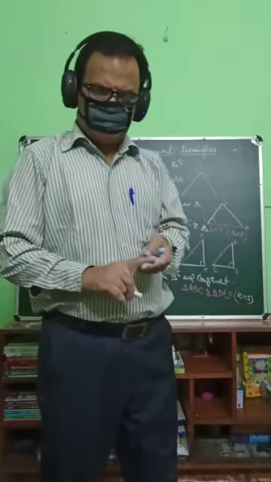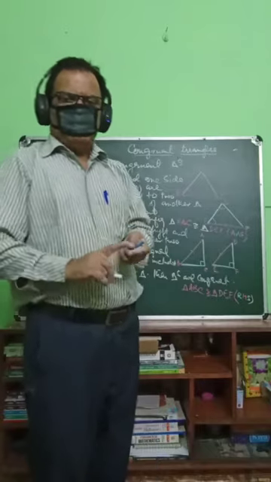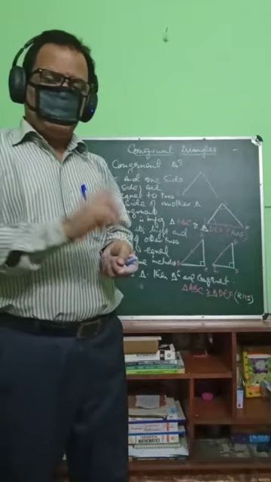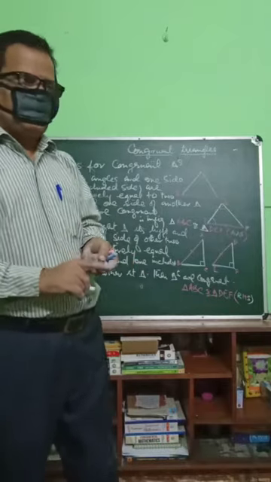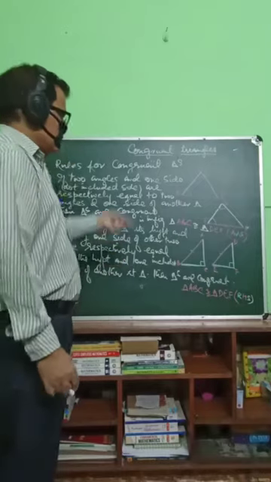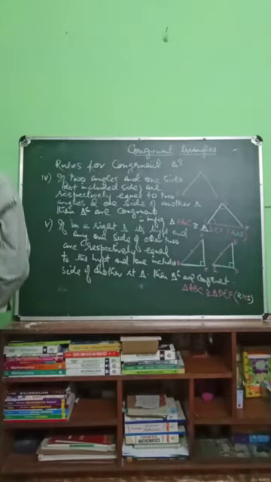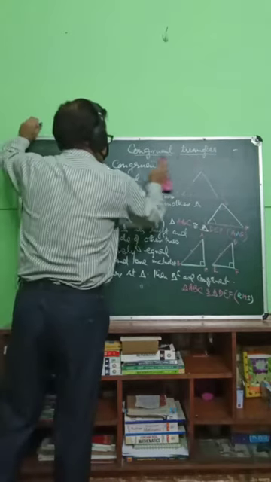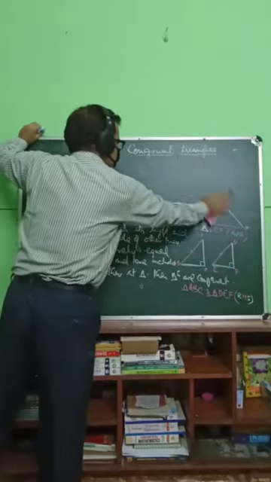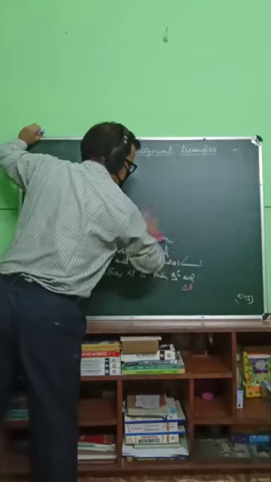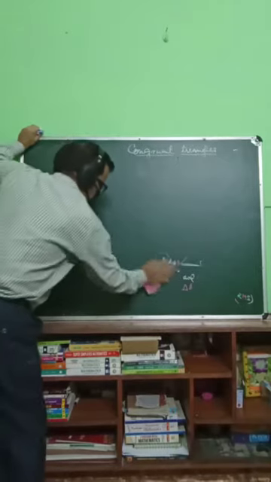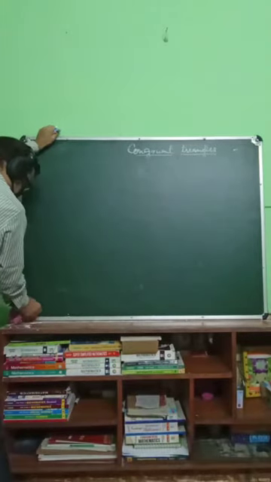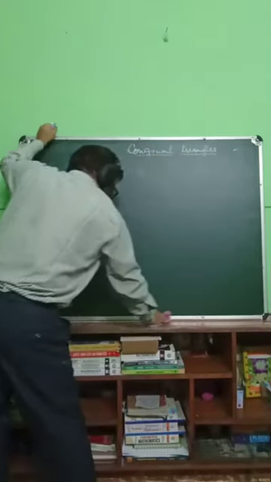Number 1 is SSS, number 2 is angle side angle, number 3 is side angle side, number 4 is AAS, and the last one, that is 5th one, that is RHS. So these are 5 rules for congruence. On the basis of these rules we can make solutions of the questions. Now on the basis of this we have to make some theorems to prove. So let us make the first theorem based on this chapter to prove.